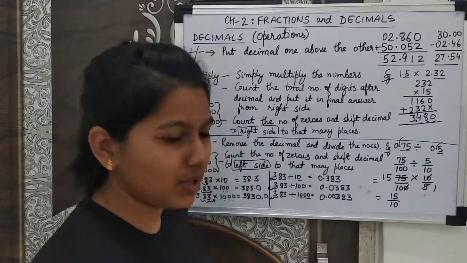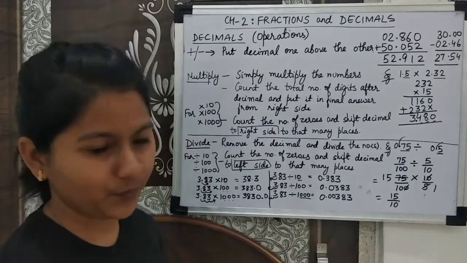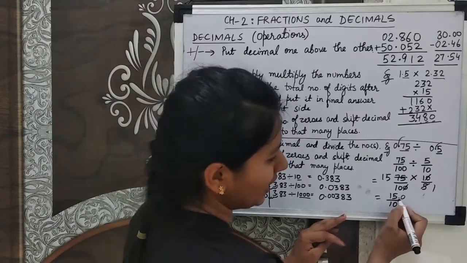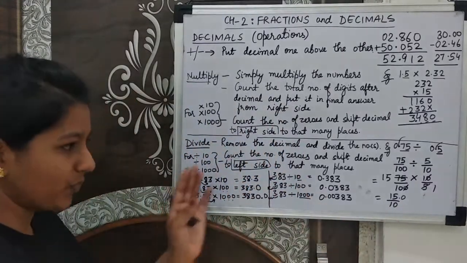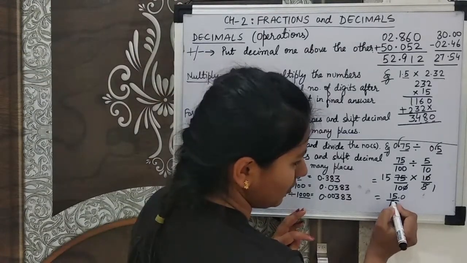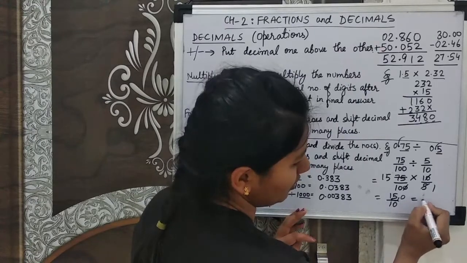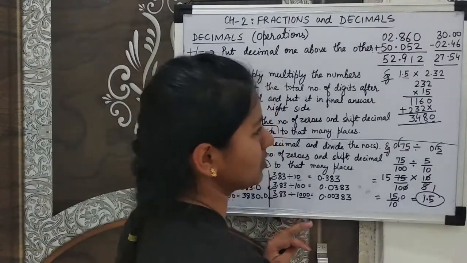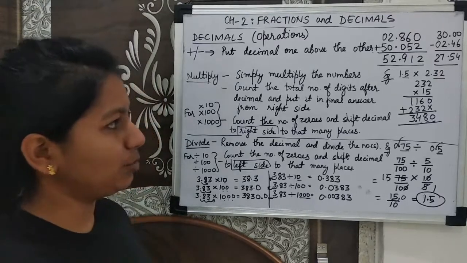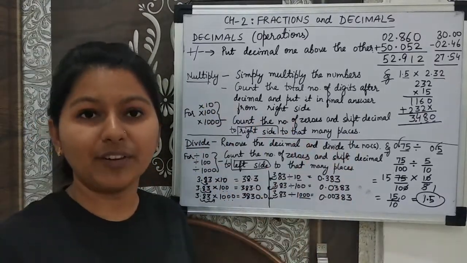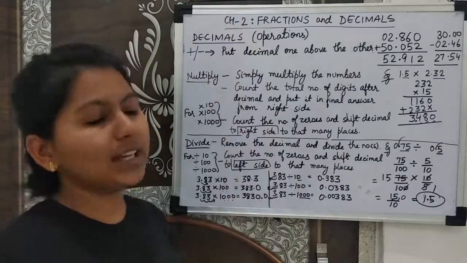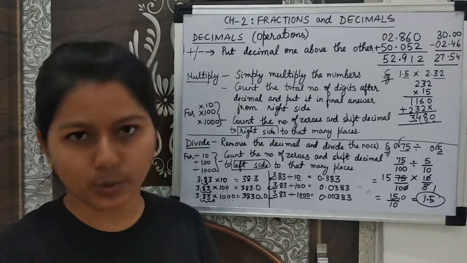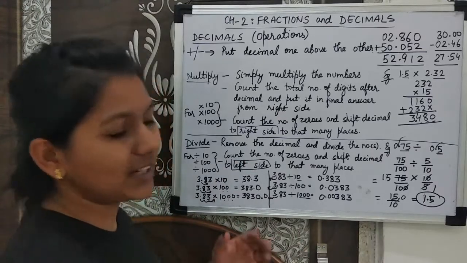Now the way we have removed decimal, now this is divide by 10। Okay, so in divide by 10, this 15 means 15.0, it's divide by 10, so in divide the decimal shifts to left side, so it will come one place here, so the answer will become 1.5। This will be taken as divided by 10 only, so this will be your answer। Right, now it may look difficult to you but it's easy once you have a very good command on tables। For doing all the calculations of fractions and decimals, you should have a very good command on tables at least till 20। Okay, then only you will be able to do all the calculations easily।